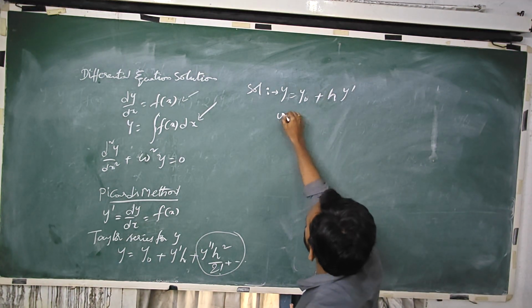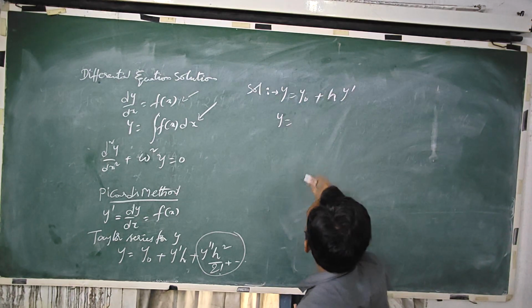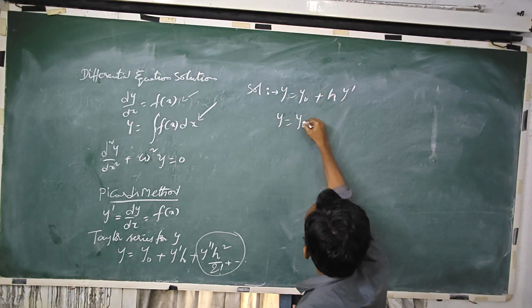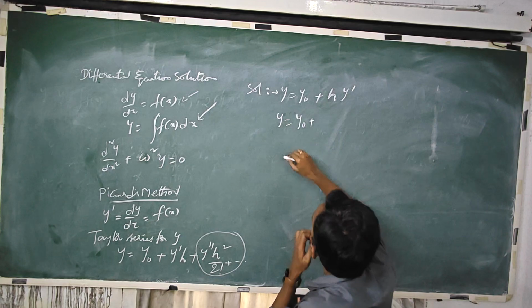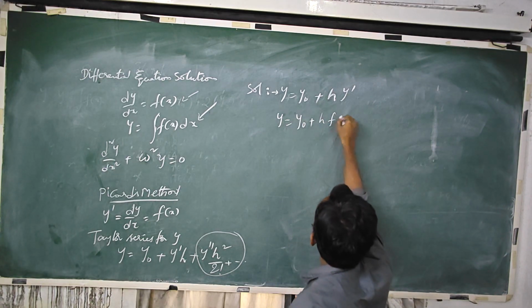So I can write it as y is equal to y0 plus h times f of